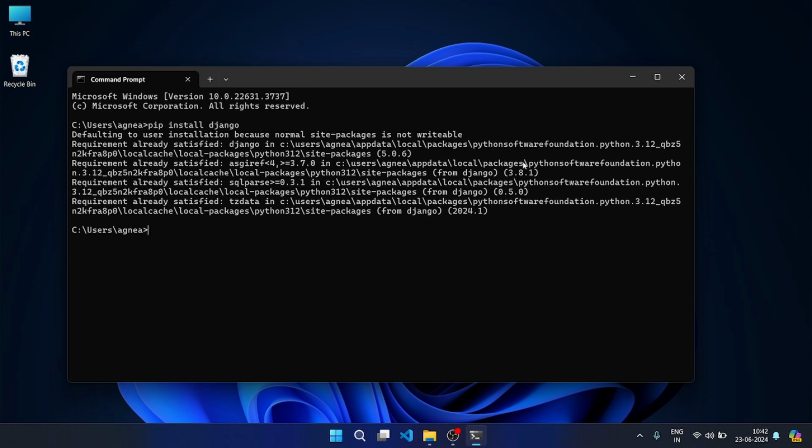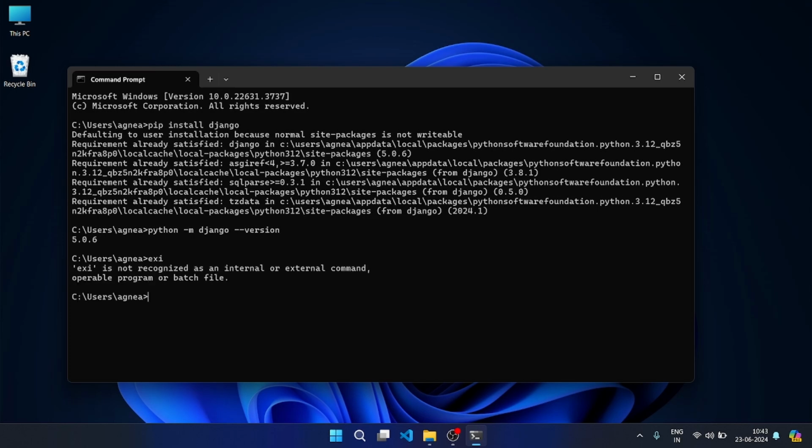And to check if we have installed Django correctly, type the following command: python -m django --version. And here I am currently using 5.0.6 version of Django. Any 5 version will work properly with this tutorial. So if you are watching this tutorial in the future and you have some other version, probably it's gonna work fine, but if in case anything goes wrong, probably it's because of the differences in version. So that's it. Close your command prompt